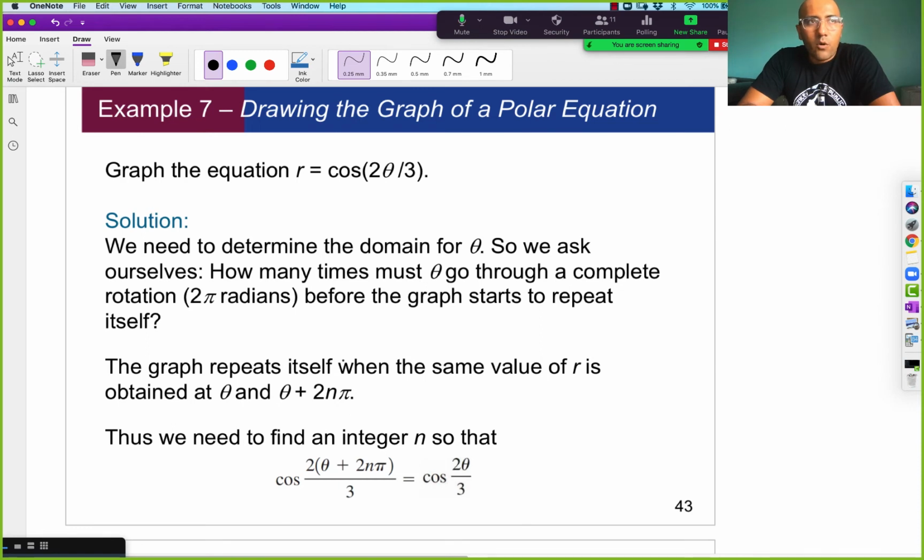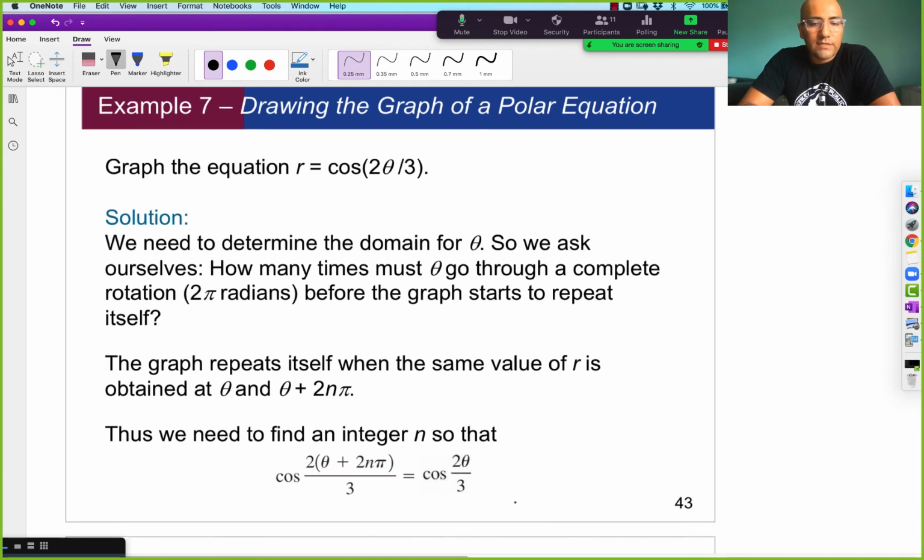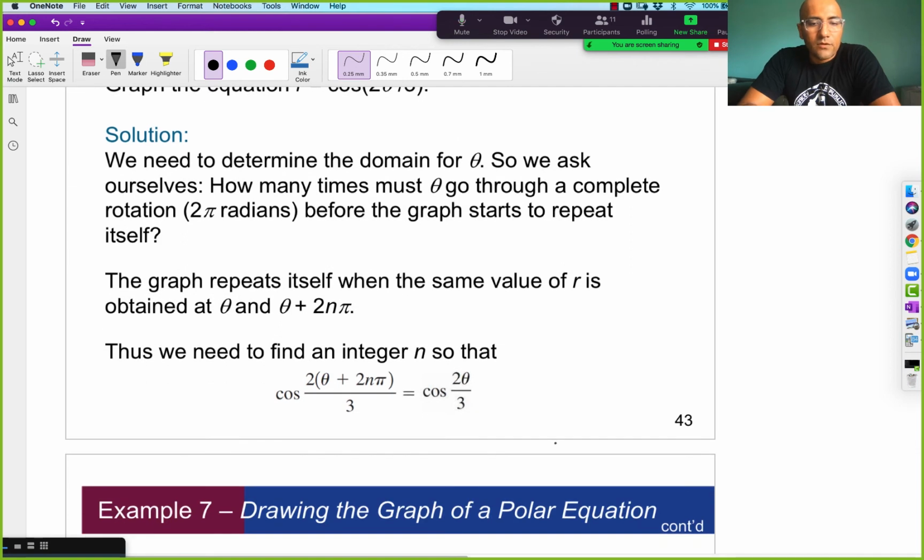It's got to be a multiple of 2 pi. We have to find n such that adding a multiple of 2 pi into your equation gives you the same output, right? So find the value n such that theta plus that multiple of 2 pi makes this whole statement equal to each other. Right? That's what we want to do. Good. If we distribute this, we end up with 2 pi, we end up with 4 pi